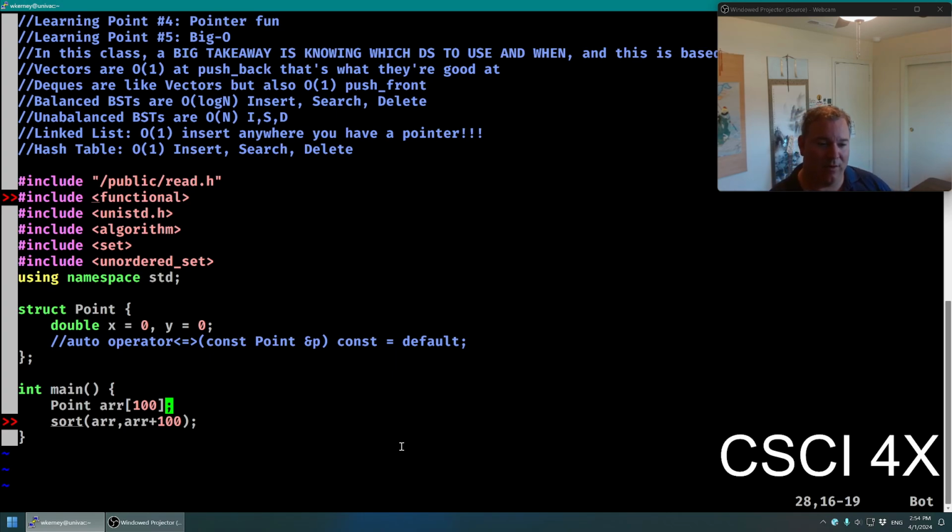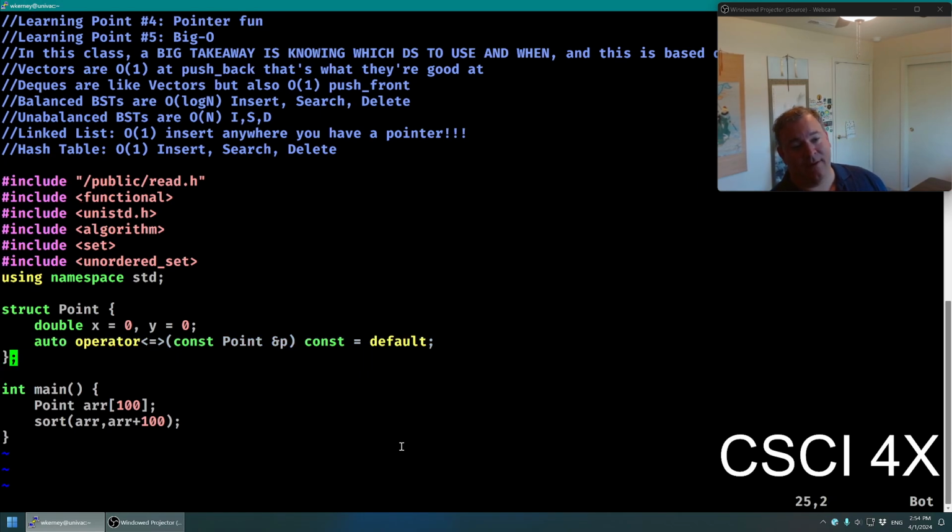So why can I not sort this array of points? Does C++ know how to sort some new class that I just made called point? Yeah, no. There's no less than operator, let's say. Single left arrow, right? So we could do this. You can see this thing hanging out here. Use the spaceship operator. Looks super cool. It'll automatically generate a sorting function, a less than operator, to sort for you that will sort them all least to greatest on X first. If there's a tie on X, it'll sort on Y.